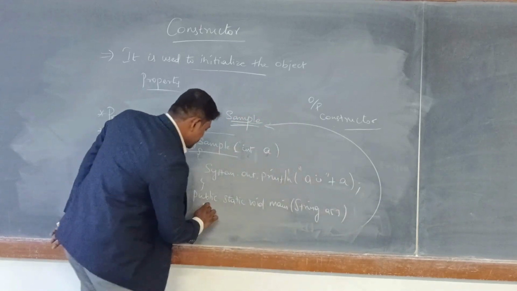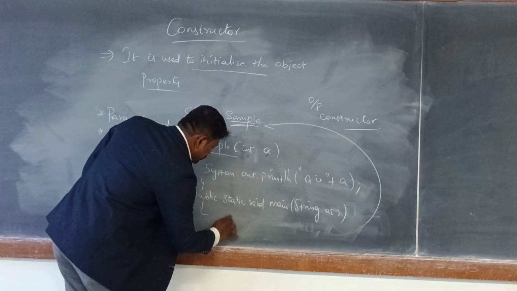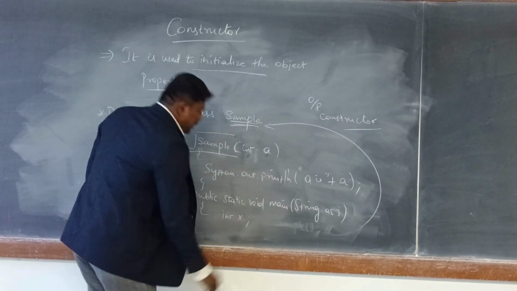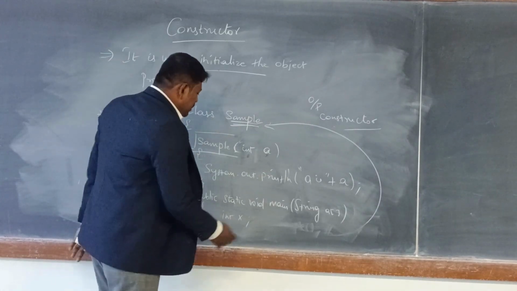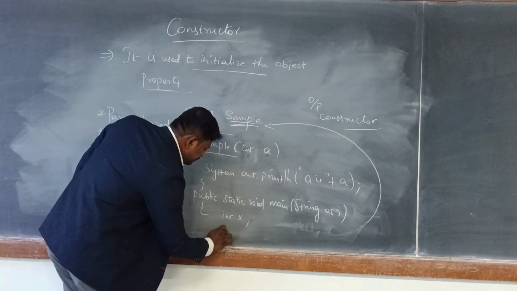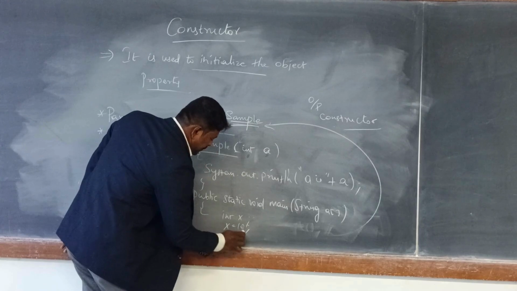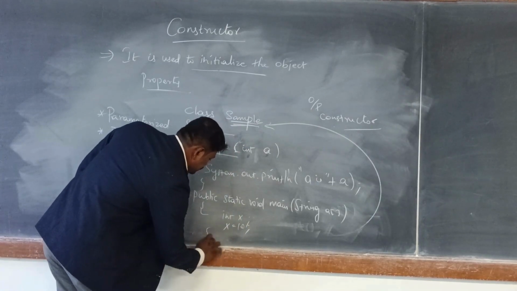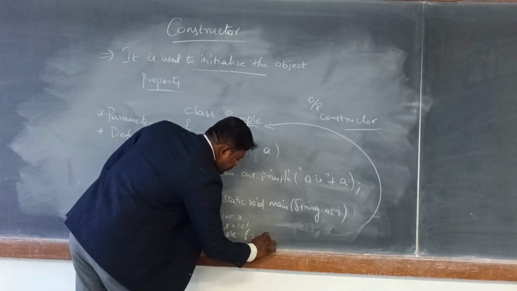Inside main with String args, declare a variable with the name x and get the input. So it can be like a static declaration or a dynamic input. So now I have taken a static input 1. So the name of the class, object name equal to new